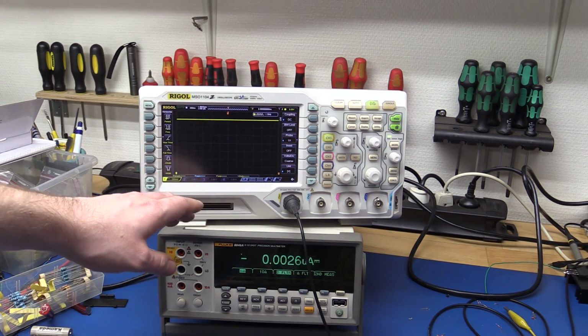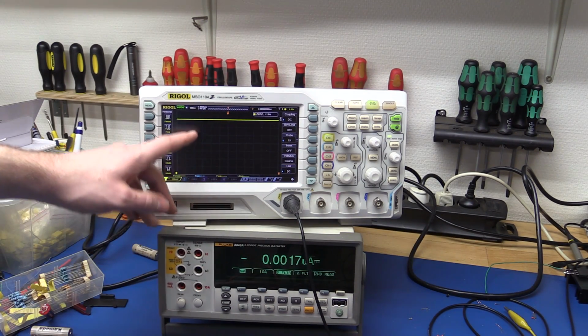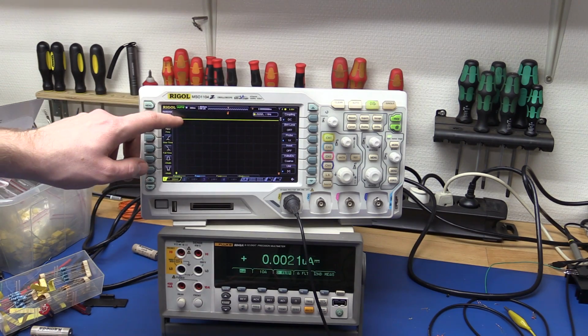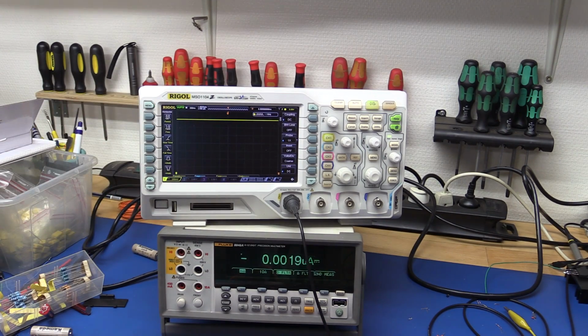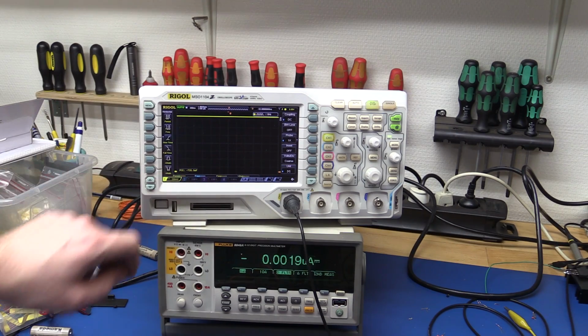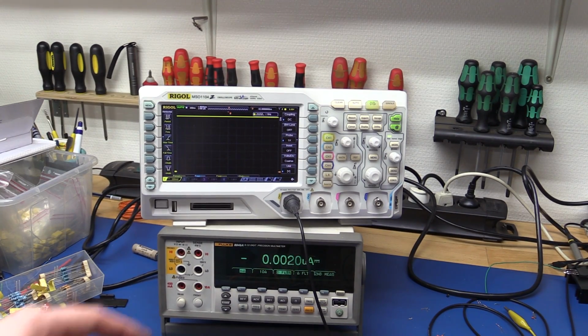So as you can see here on the scope, when we're drawing 150 milliamps, we get around 1.4 volts on the output actually. So it dropped by 100 millivolts. And that is measured directly across the terminals of the Batteriser. So you can see the ground point is right down here. So I'll have to test that a little bit further later on. We'll see how much current we can pull out of this, but